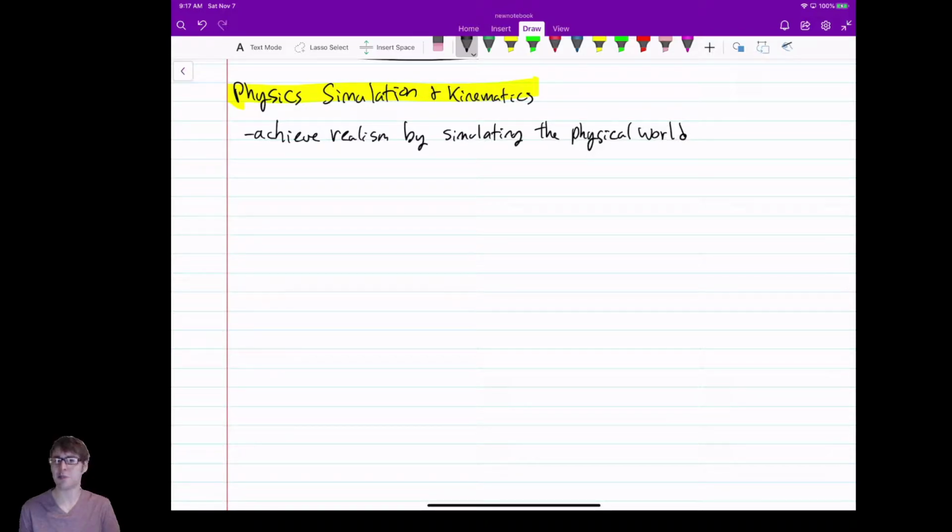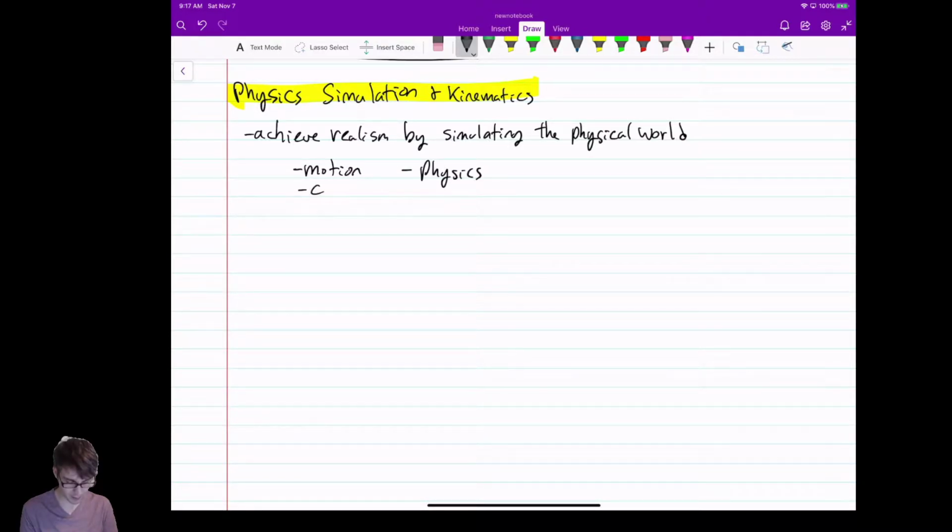This is actually similar to rotoscoping, right? If you want to see a ball bounce on a hill, take a video of it and trace it. We're getting the real world to tell us. So this is one step further where we actually implement the mathematics behind how we think the physical world should work. So we learn about the laws of motion, we learn about physics,